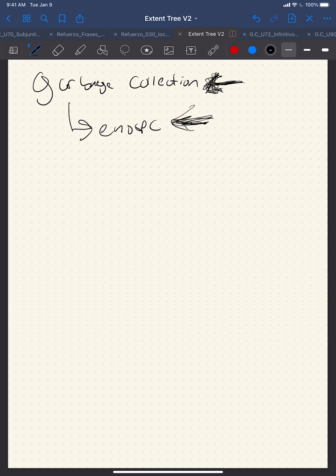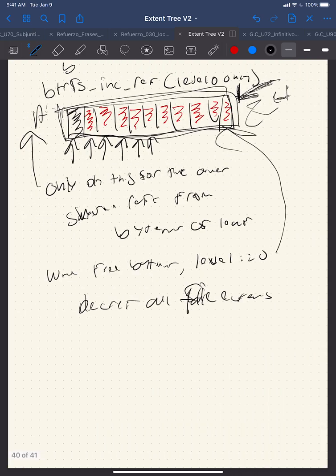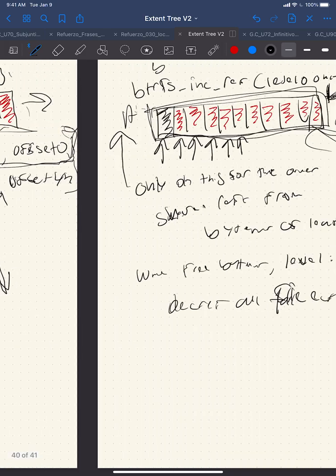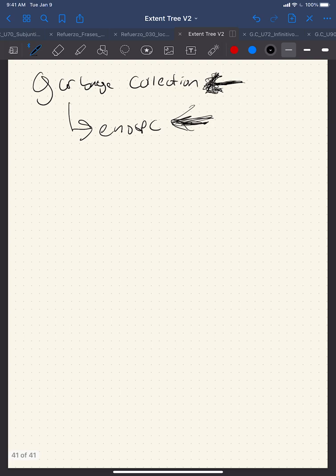It's not great with ENOSPC, but that's essentially it. Garbage collection allows us to solve a few problems that we've had forever, and that is no more delayed refs